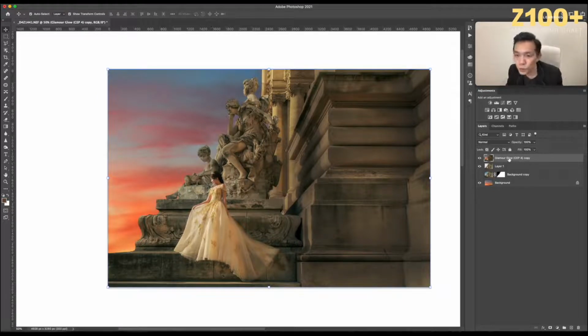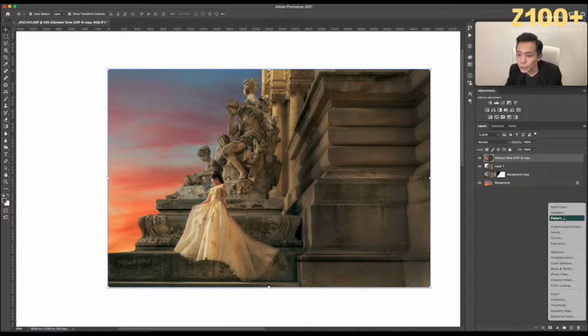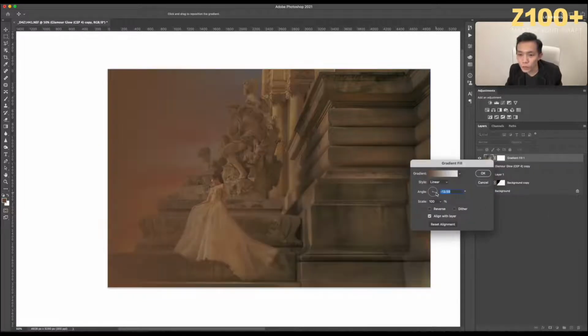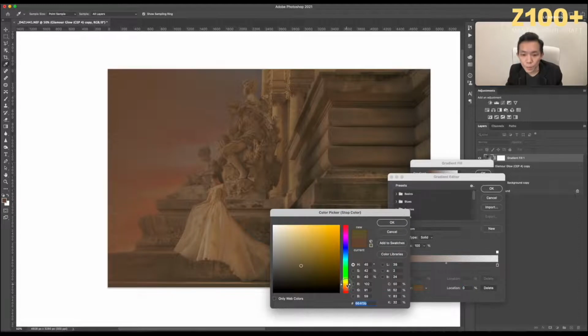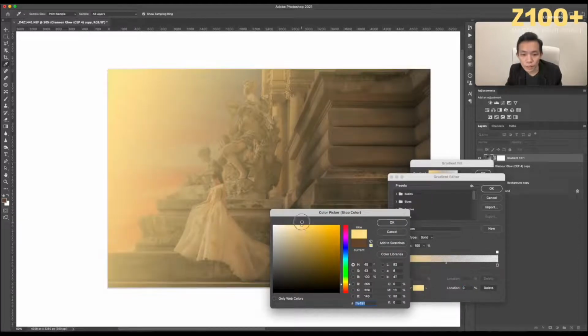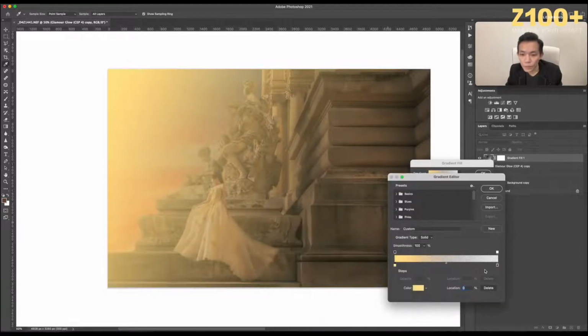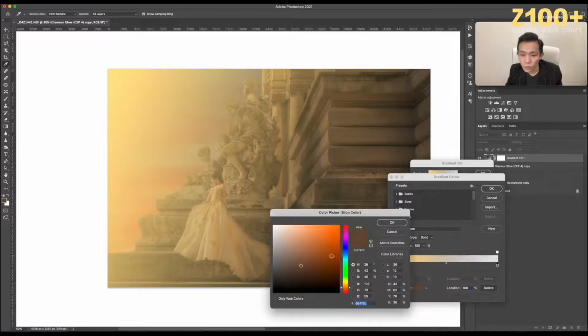Alright, so what we're going to do is we need to add more light to the statue from one direction. Okay, from one direction. So I'm going to create the gradient. Okay, so the gradient is like these directions. Right, and also we try to change the color to match the sun color, like this one, yellow color, and also this one. Okay, something like this. Alright,